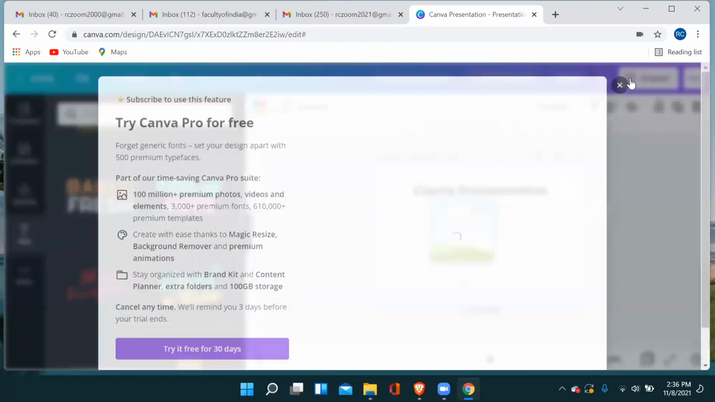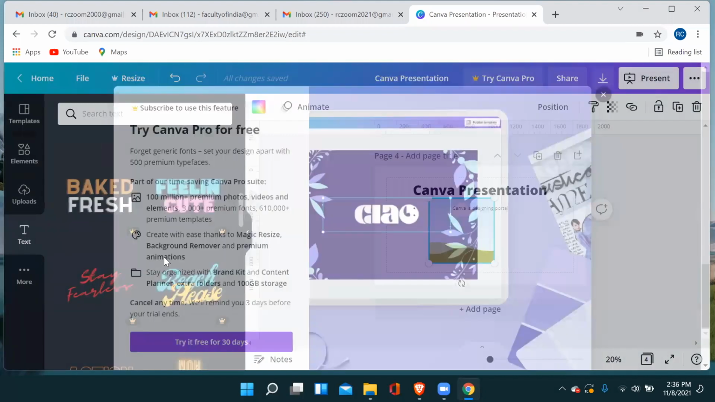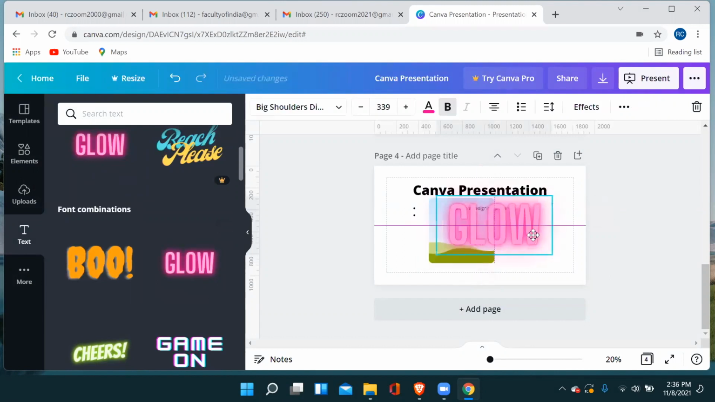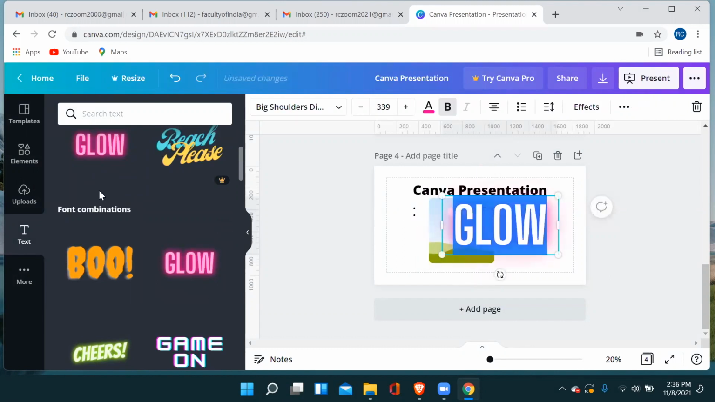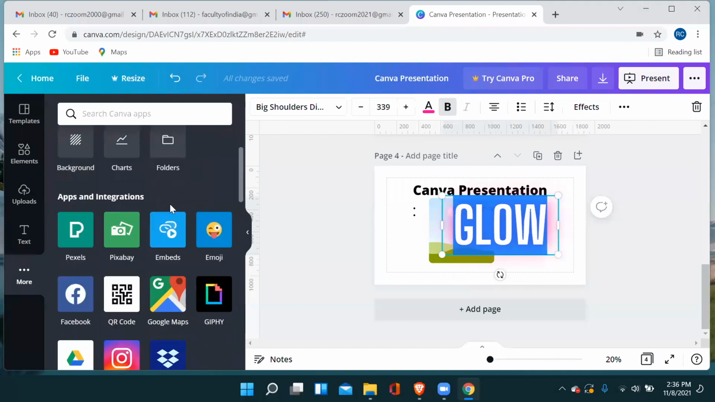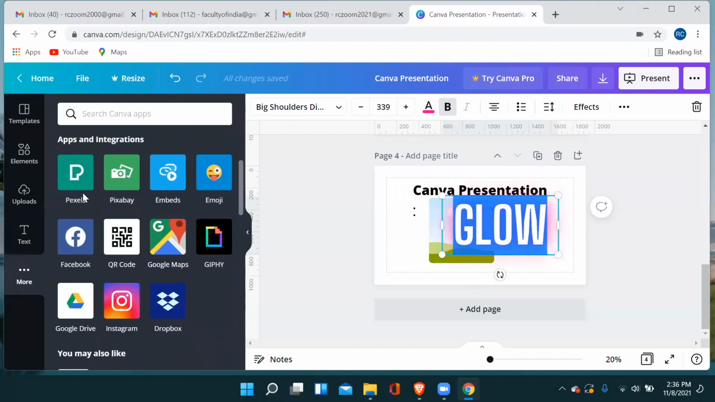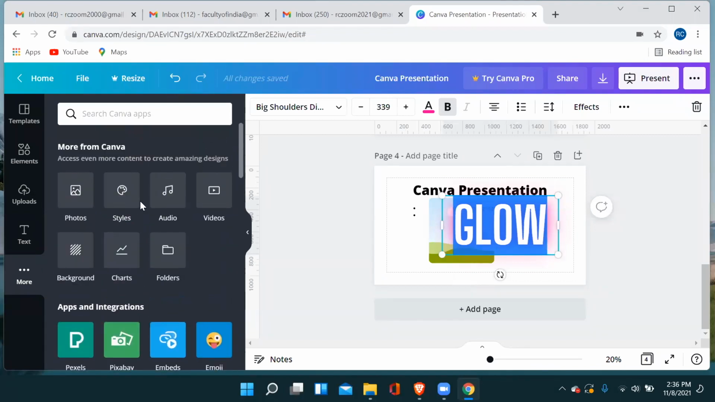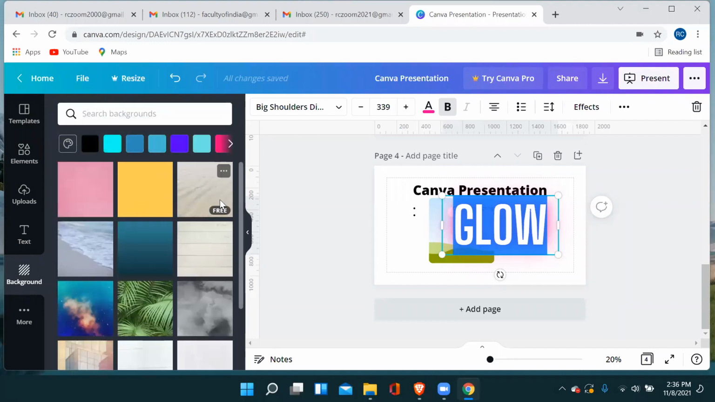And if you want some kind of fancy text, then you can, I'm again clicking the pro ones. Let's see, this is a free one. Yeah, so you can use this kind of fancy text also. In more options, you can combine it with different apps. I don't think we should go for these apps and integrations right now, but definitely you can change the background